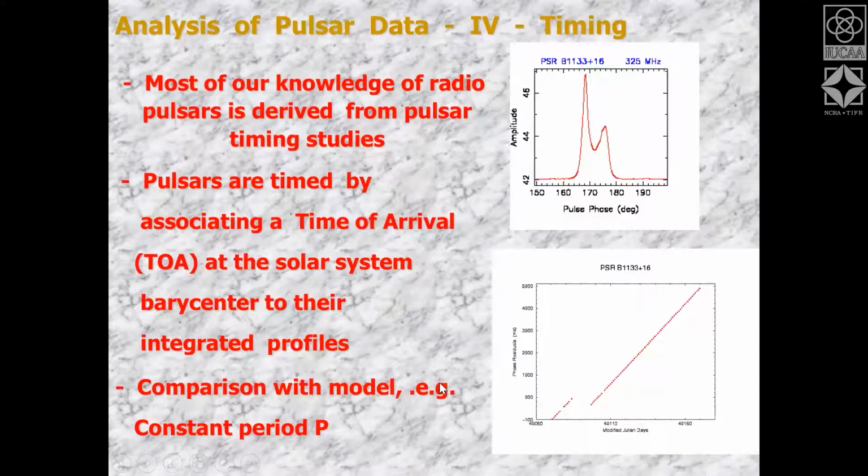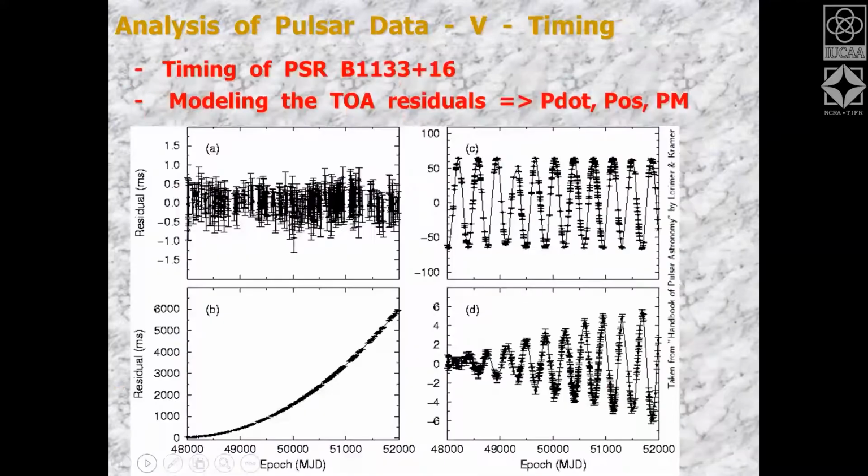This technique is known as pulsar timing, and it's a very powerful technique for extracting not only the motion of the pulsar, but also its position to a large degree of accuracy, its proper motion. If the pulsar is a binary, you can use this technique to find out the masses of the pulsar and so on and so forth. So this is where most of the work as far as pulsar data analysis is concerned is. Okay. Again, if you are interested, I can go into the details, but not otherwise.